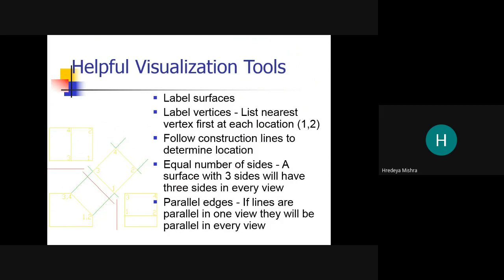Equal number of sides: a surface with 3 sides will have 3 sides in every view. Parallel: if lines are parallel in one view, then they will be parallel in every view. Okay.